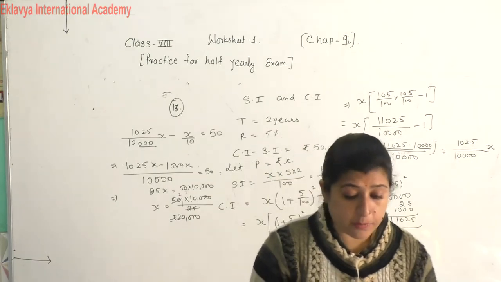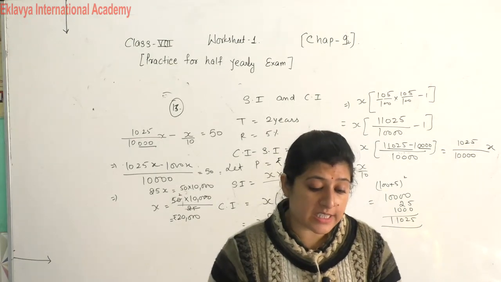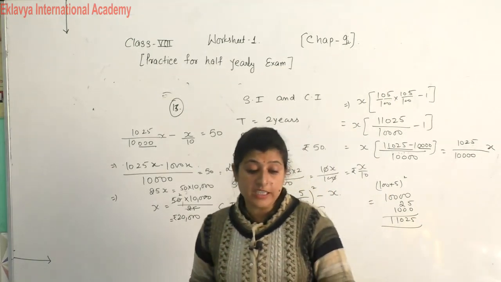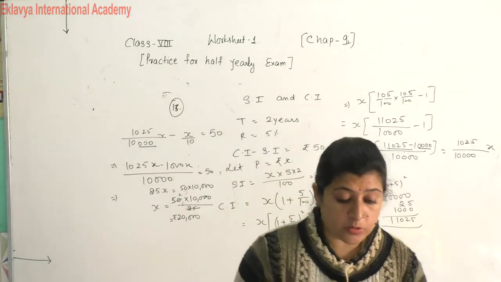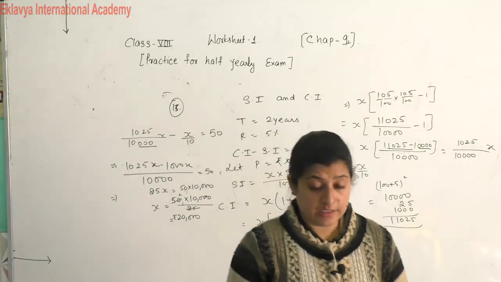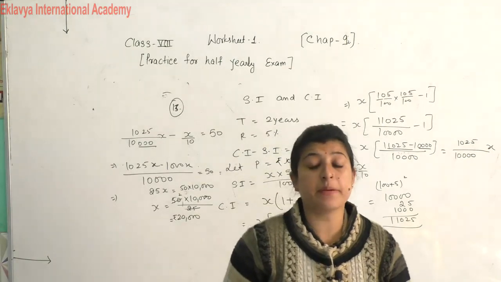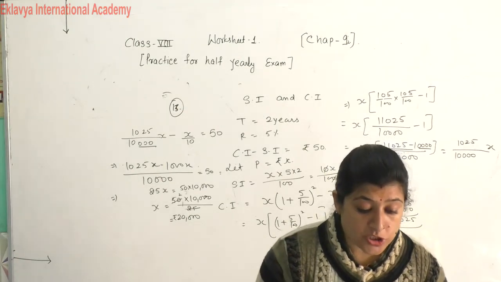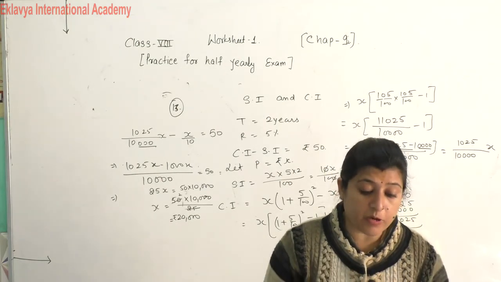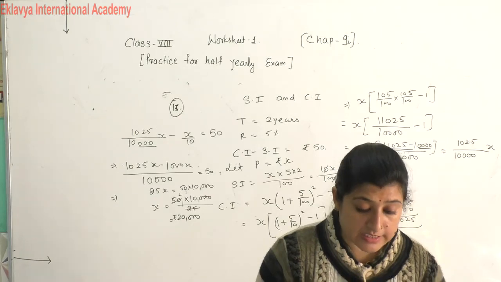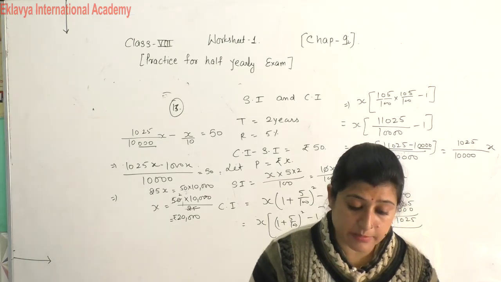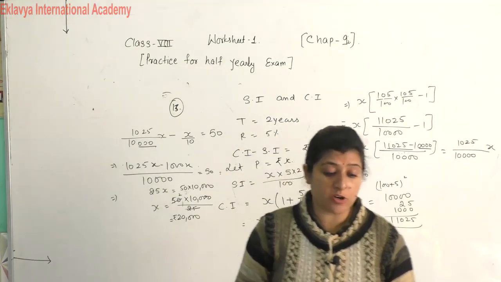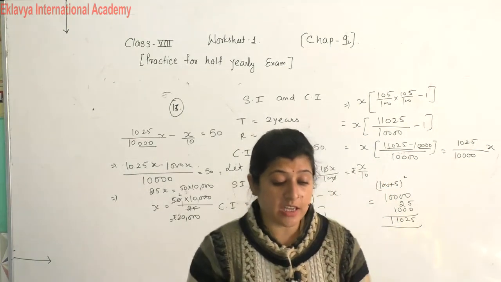In what time will rupees 2000 amount to rupees this at 20% per annum compounded half yearly? Half yearly, then how to find out? You know the condition that time becomes double and rate becomes half in this. Then solve this one. Question number 15. At what rate of compound interest per annum will a sum of this and this interest compound annually? Same thing. You have to find out the rate, then we follow the same pattern as we already discussed in previous questions.